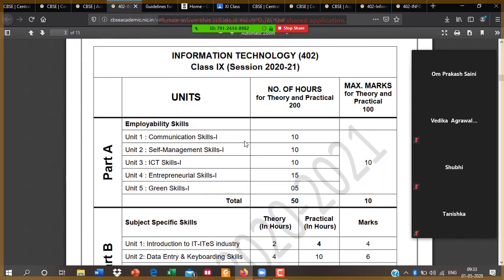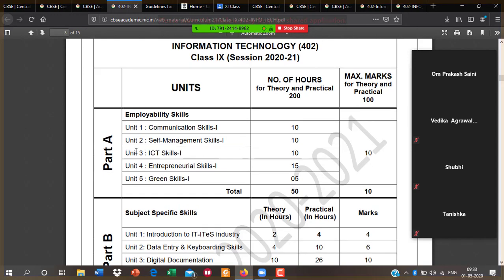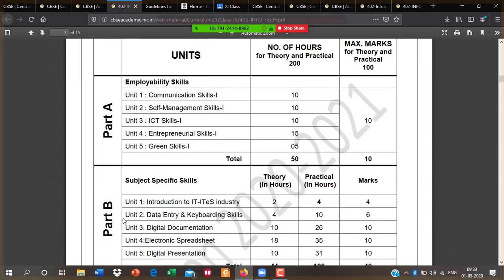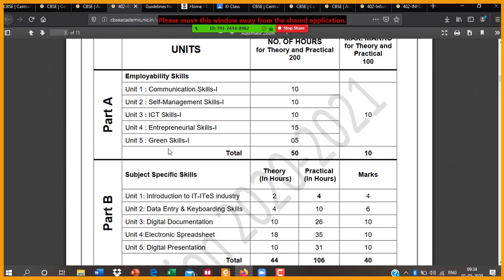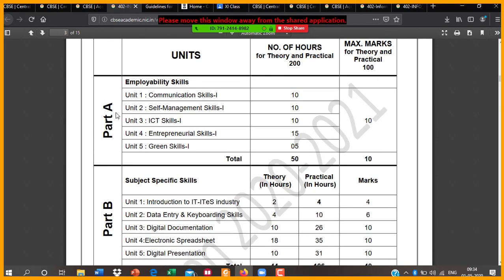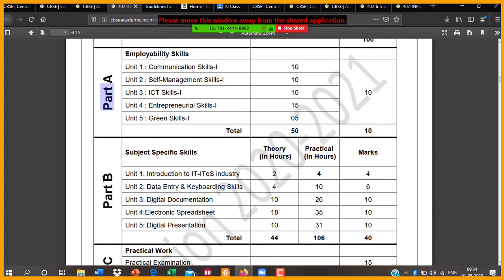Here are two parts. First is part A, second is part B, and the remaining parts C and D are related to practical and project work. In your course the syllabus is divided into two books. Part A is one book and part B is the second book.